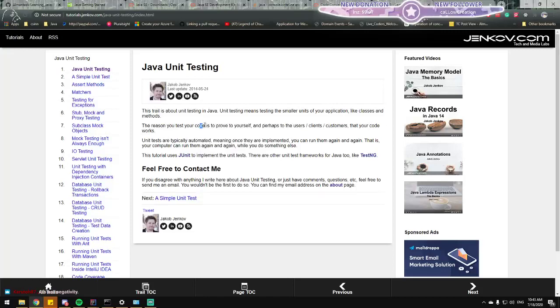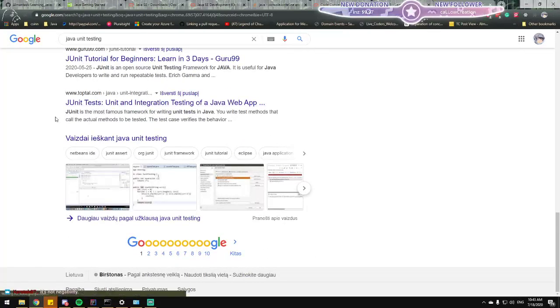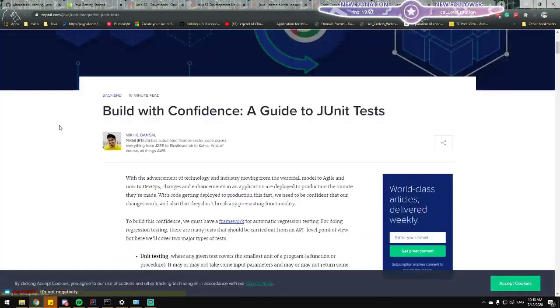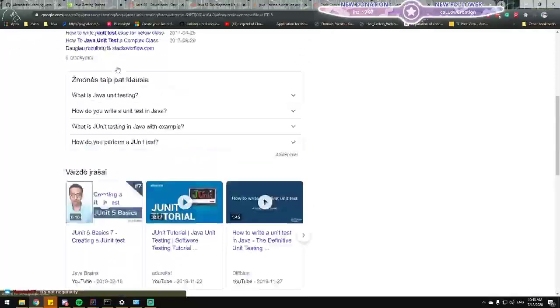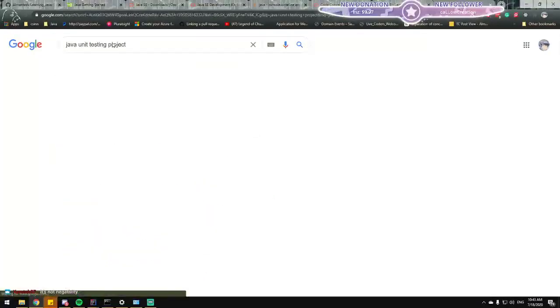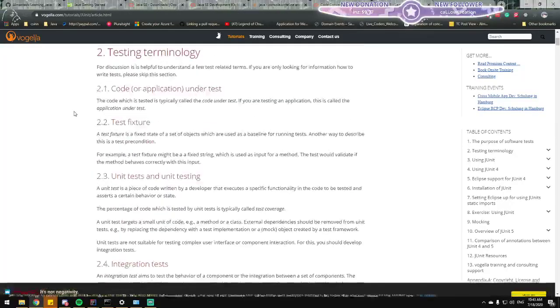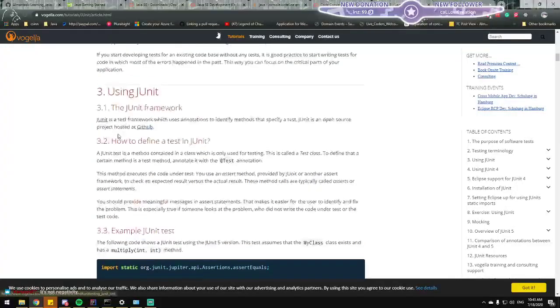Java unit testing. Okay. Crap. Build confidence, guide to JUnit. I don't care. Okay, Java unit testing project. Can you show me how do I get the code in testing called code on the test fixture? I don't care. I don't care. Using JUnit. JUnit is a test framework.